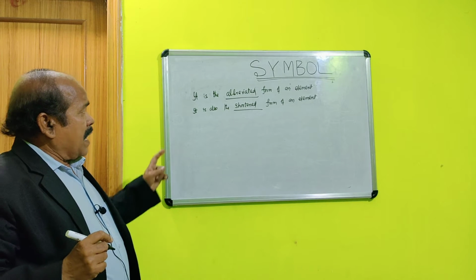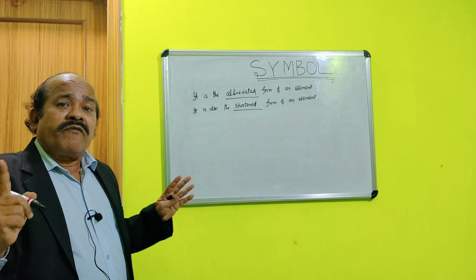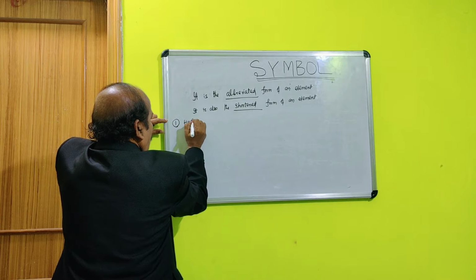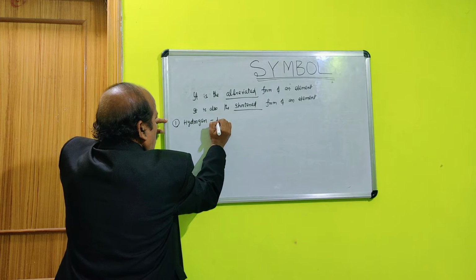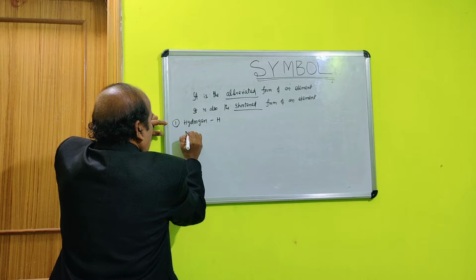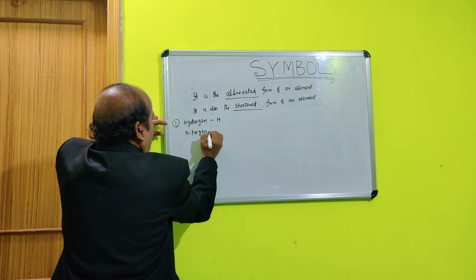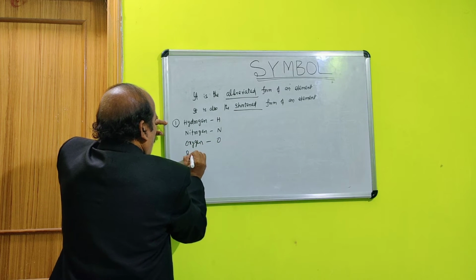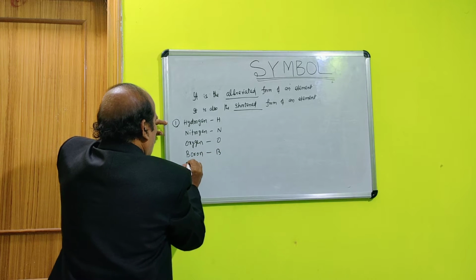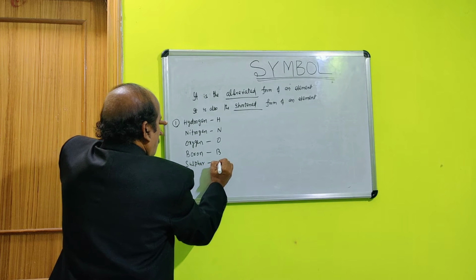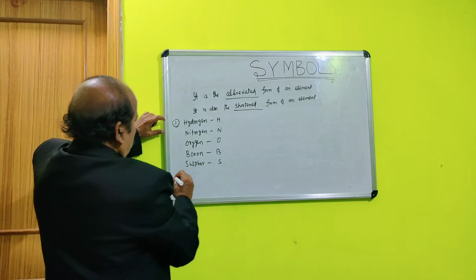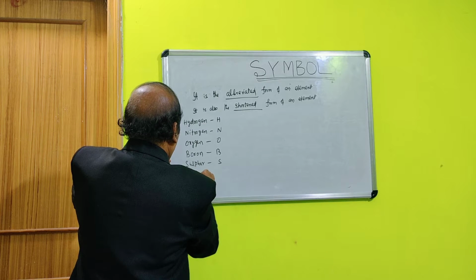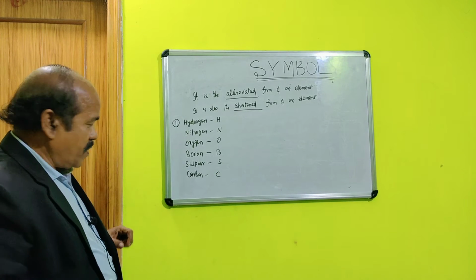Now, most of the elements are given the symbol by their first letter, like hydrogen, symbol is H; nitrogen, N; oxygen, O; boron, B; sulfur, S; carbon, C. See, like that. The second rule is,